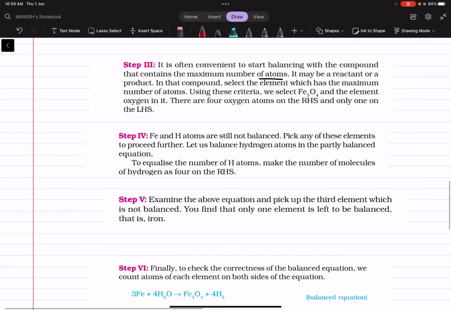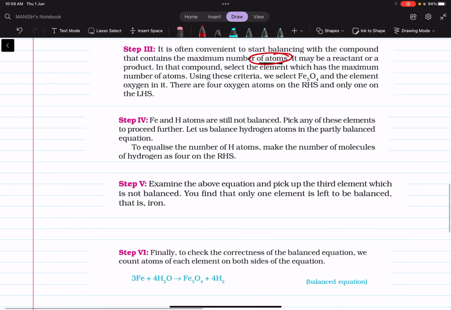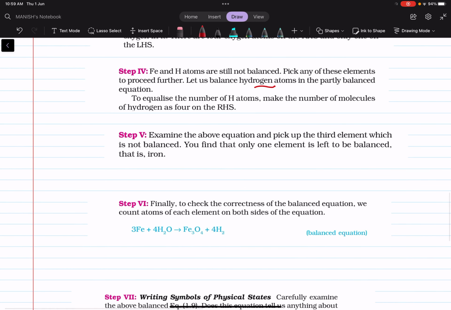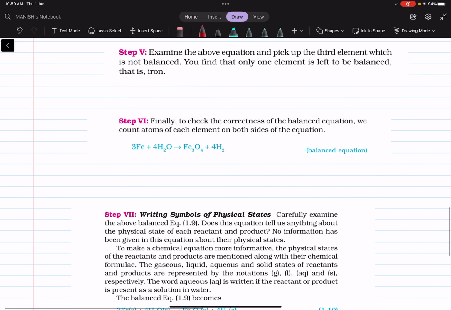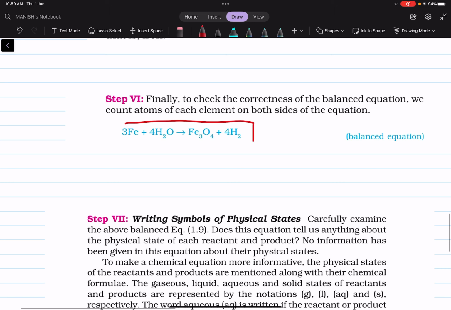In step 3, what we did, we balanced the maximum number of atoms. Then we balanced the remaining atoms like hydrogen and iron. And in step 5, we will examine whether the equation is balanced. And finally, we will check the balanced equation. Now, for add-on, what we can do, we can also mention the physical states of these reactants